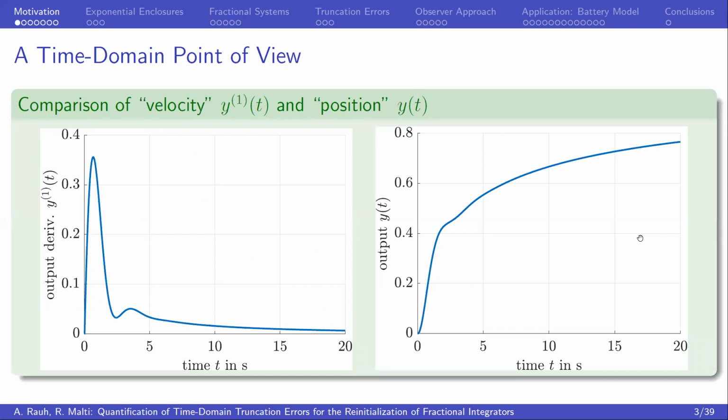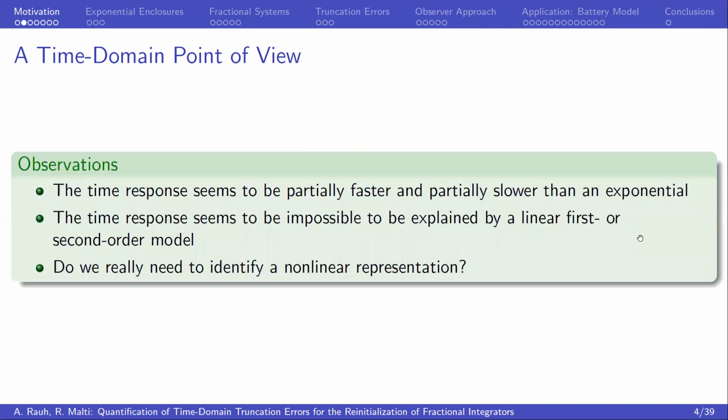Now, at the very beginning of this presentation, we'll have a look at two graphs. On the left-hand side, you can see the first-order time derivative of an output signal. On the right-hand side, the output signal itself. This may be, on the left, a velocity of a system, and on the right, the corresponding position. Now, when looking at these figures, you will notice the following aspects. These aspects are that the time responses seem to be partially faster and also partially slower than a classical exponential